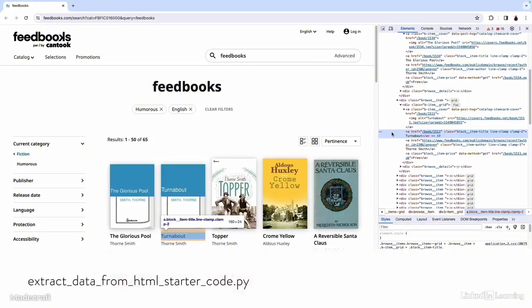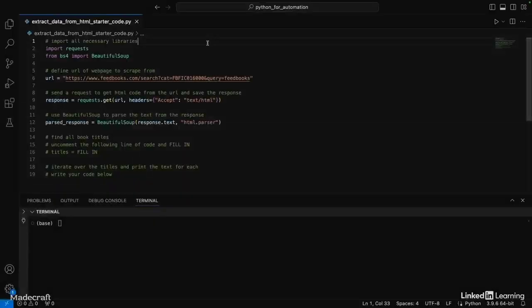Now open up Extract Data from HTML starter code.py in VS Code. The requests and BeautifulSoup libraries have been imported. The URL of the web page to scrape from has been defined. A request has been sent to get HTML code from the URL, with the response saved in a variable named response. The text from the response has been parsed and saved in a variable named parsed_response. To identify all the book titles,